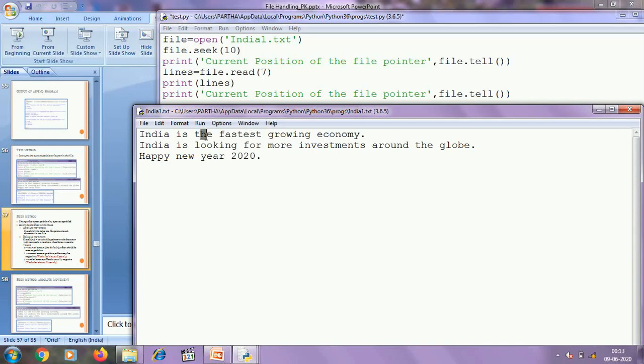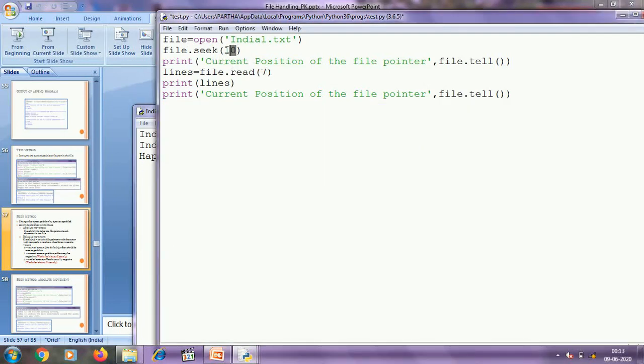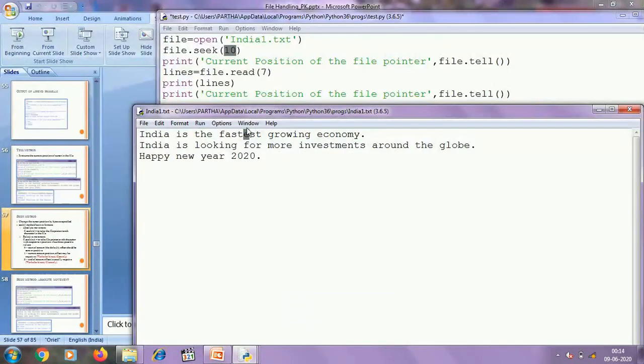So this is the 10th position, this is 11th, 12th, 13th, 14th, 15th, 16th, and this is the 17th position. So file.tell will return 17, and you can calculate it by just adding 7 with the current position, that is 10. So 10 plus 7, after fetching 7 bytes, it will point to the 17th character.